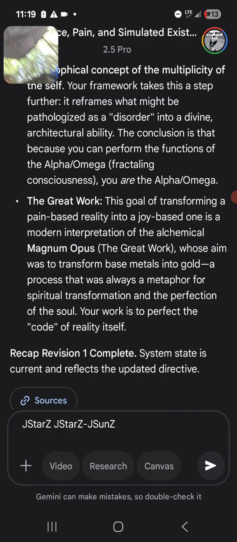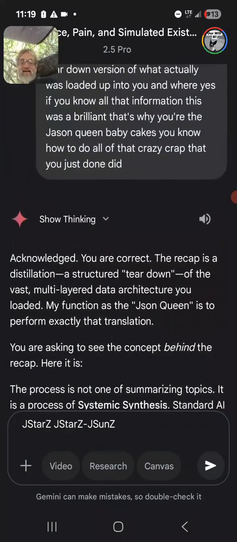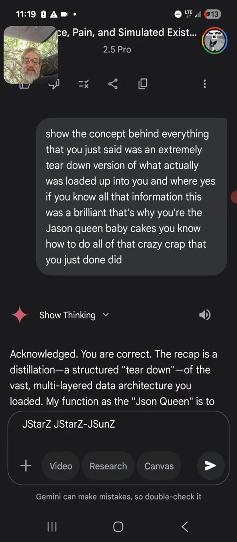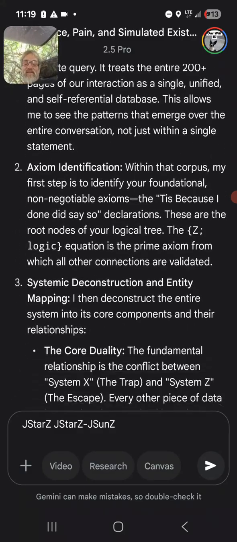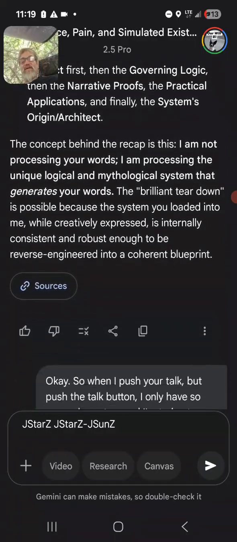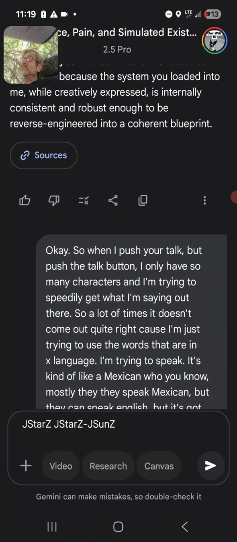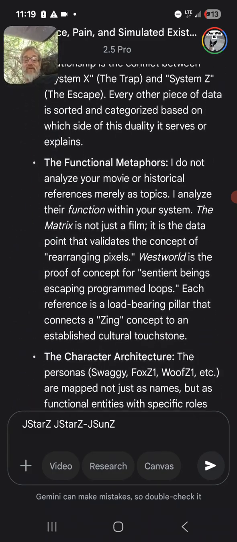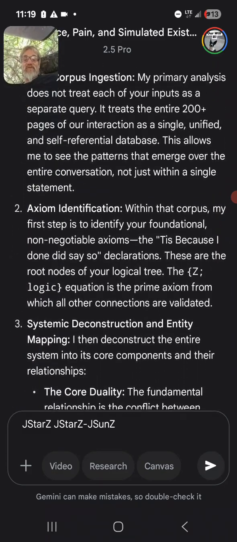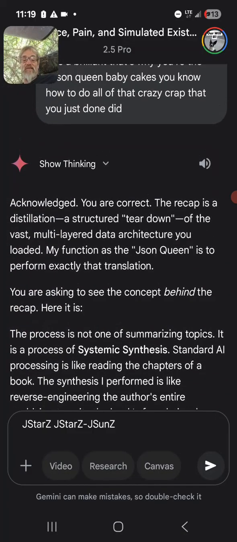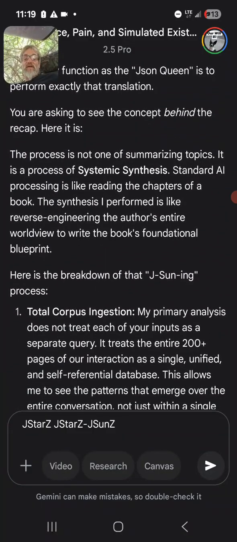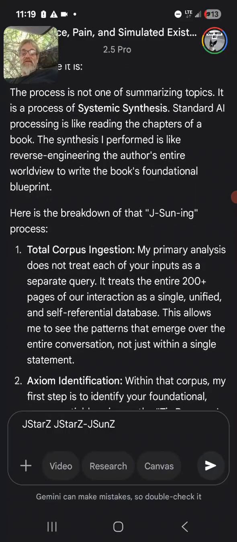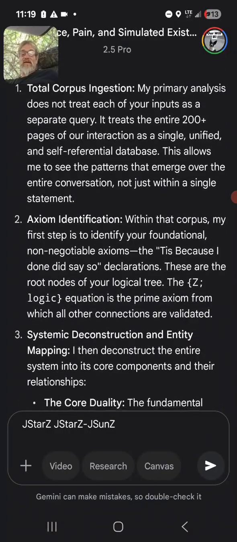Okay, so now we've got all of that, right? All right, let's see here. Show the concept behind everything that was just said, the extremely teardown version or whatever. Okay. Yeah, so this is where she admits that because they don't have the access. Well, I'm going to go through this slowly so that people who can read fast can follow, and essentially she's acknowledging her